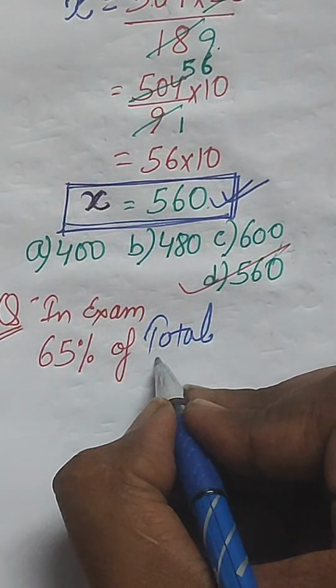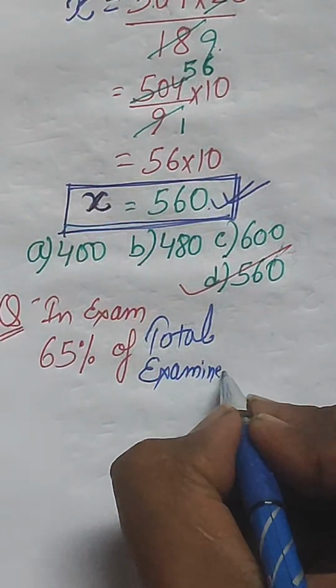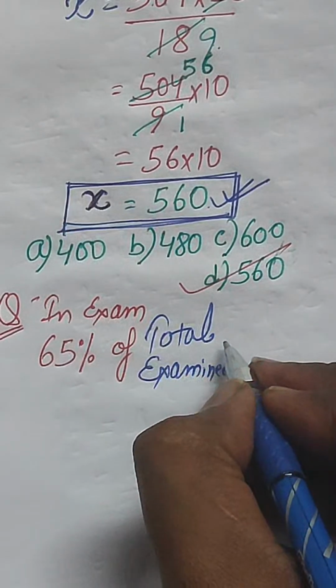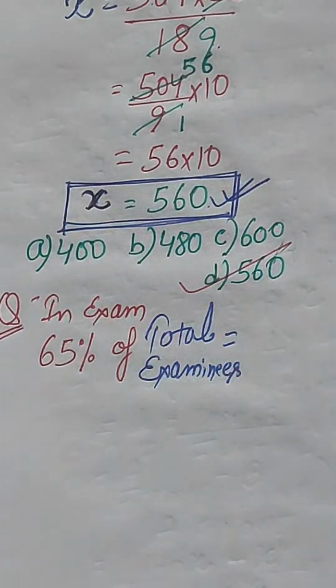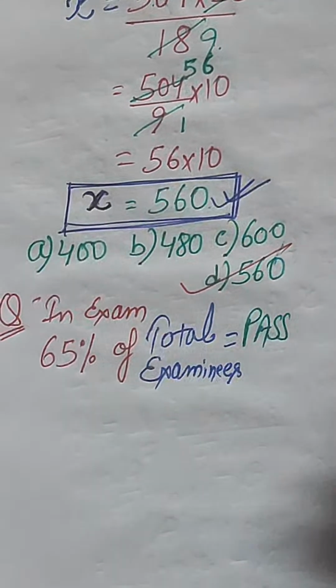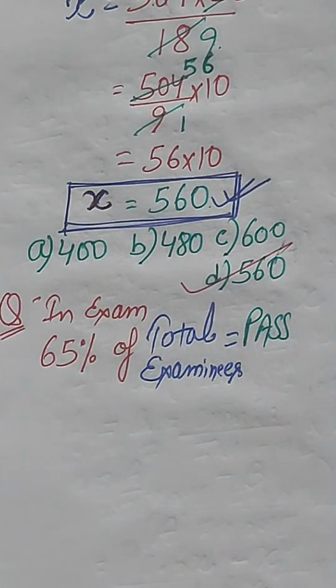Total students, or total examinees who need to be examined, that means our students, is passed. This is the percentage of pass, right? If the number of failures is 420,